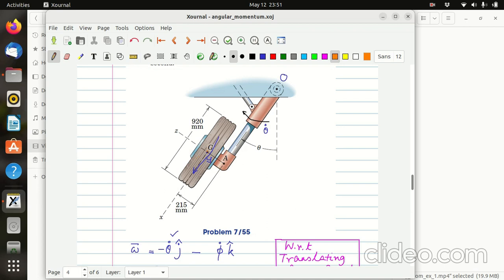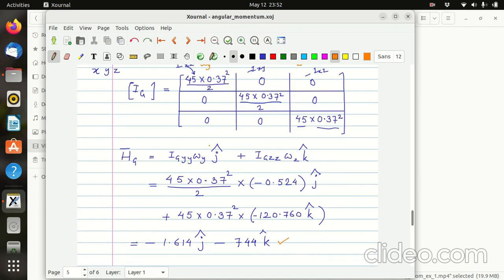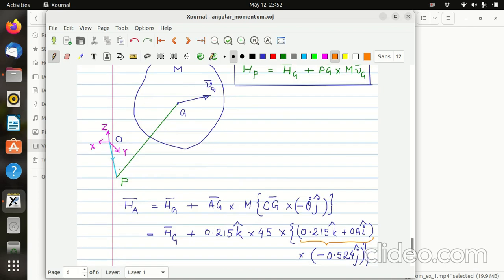Similarly, angular momentum about a fixed point is the moment of inertia matrix about that fixed point multiplied by the omega vector. By multiplication we mean matrix-vector multiplication. But what about a point A which is neither a fixed point nor the center of mass? So the rule is, about any point P,